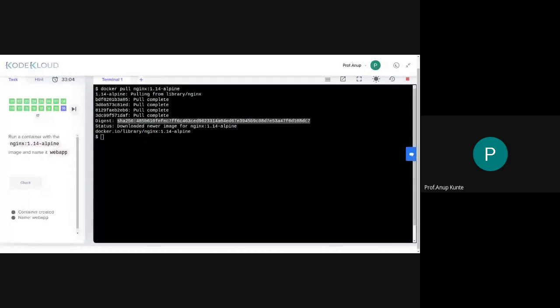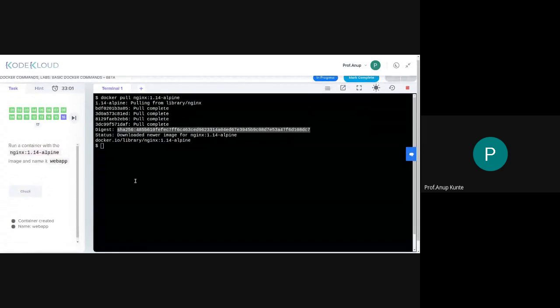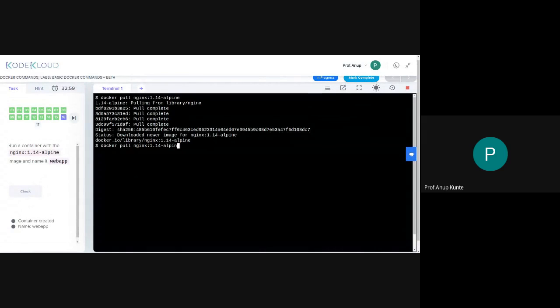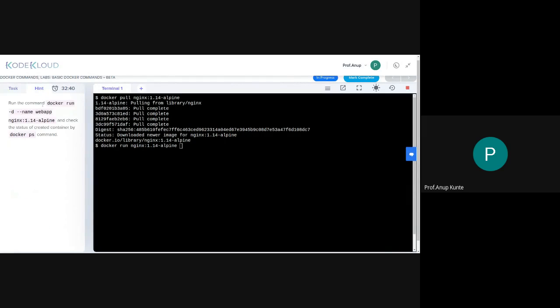We have so far been running by directly writing docker run. Okay, so I can run this. Sorry, alpine. So we can run a Docker image like this: docker run and the name of that particular image. But I want to give it a certain name. So how do I give it a certain name? For that, I don't remember the command. I'm going to peep into it: docker run -d --name web app, and then the nginx repository. So I need to give the name first, so I need to write the command in this fashion.